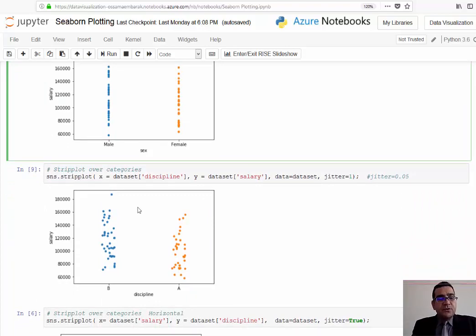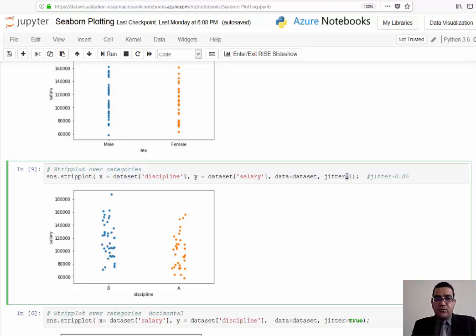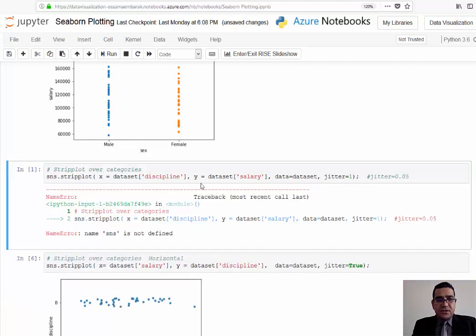As well, maybe we would like to use discipline. Here we have A and B, and for the y-axis I want to use the salaries, but I also want to show the data scattered. I don't need it in this form, I want to scatter the data. So jitter equal to 1, or jitter equal to true, or even jitter equal to 0.5, and convert it into a true value. So just by running it, as we see here,